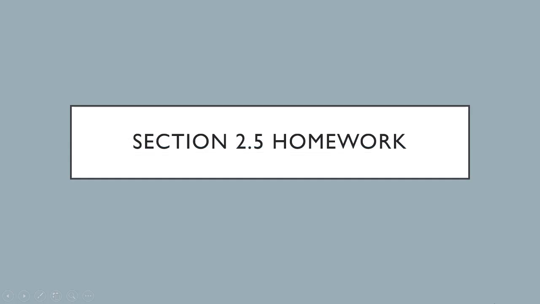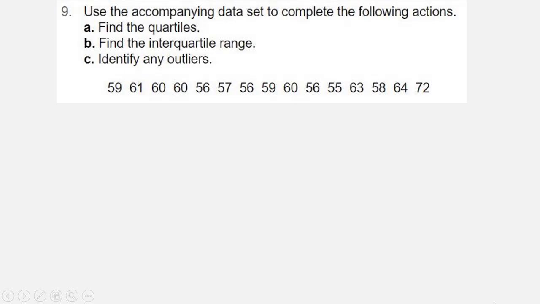We're looking at homework from section 2.5. This is question number 9. Use the accompanying data set to complete the following actions. A. Find the quartiles. B. Find the interquartile range. And C. Identify any outliers. So, the first thing that we should do when we're finding quartiles, the IQR, and the outliers